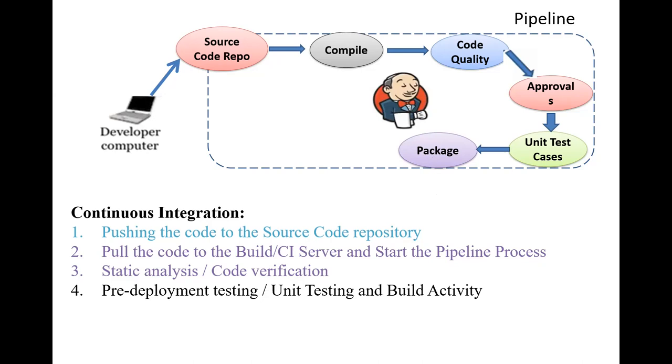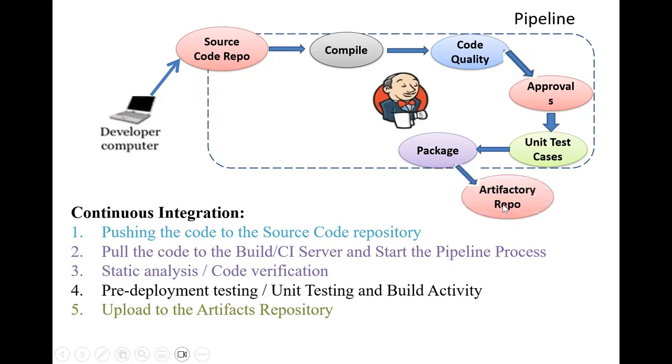These are all supported files or deployment files, so these also will be managed in a separate repository. We call that the artifactory repository. This is about the source code repository, the developer's code. But the developer's code we cannot run directly. We go through all these phases, and after that we package it. Packaged files will be used from the release point of view. So we manage it in a separate repository.